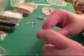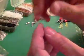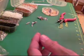Now we're going to take some flathead pins, and they just look like this. They're flat on the bottom. And another reason you want to use seed beads,